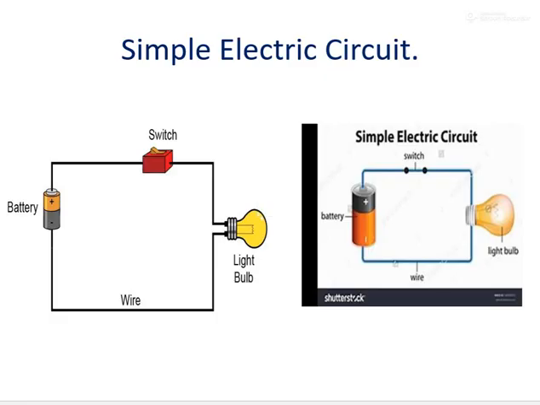Now children, every time if we want to show cells and a switch, it is not possible to draw a big diagram every time. So instead of that, some symbols are used to show all the parts. Now let's go into detail. Can you see? Here a switch is there. For the switch, which symbol is given? These two dots are given. The electric bulb is given the same way. Wire also the same. Battery, for battery we can have the,